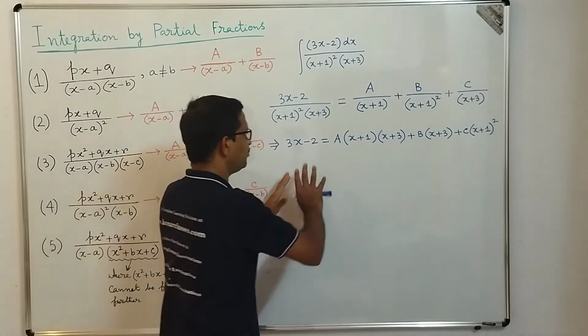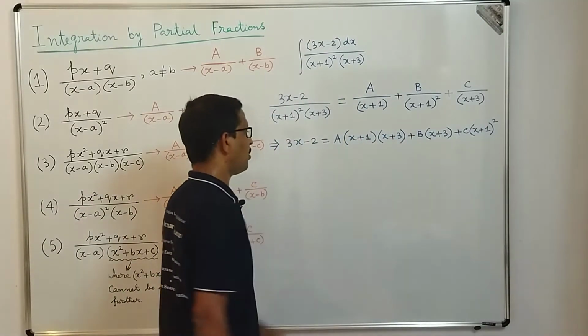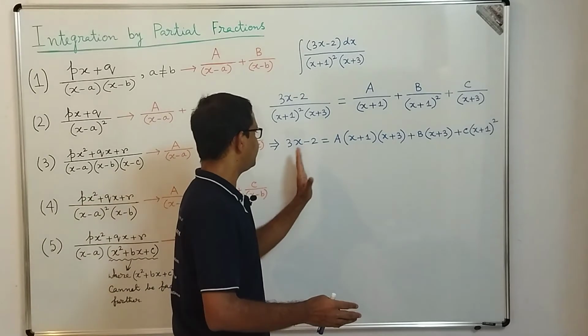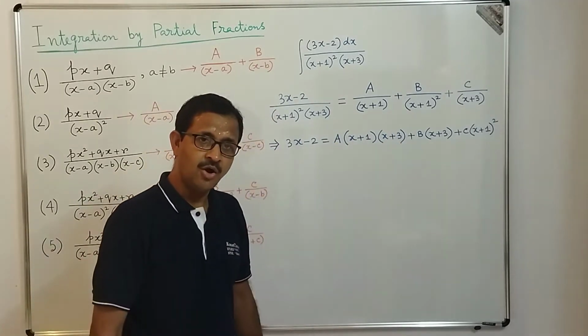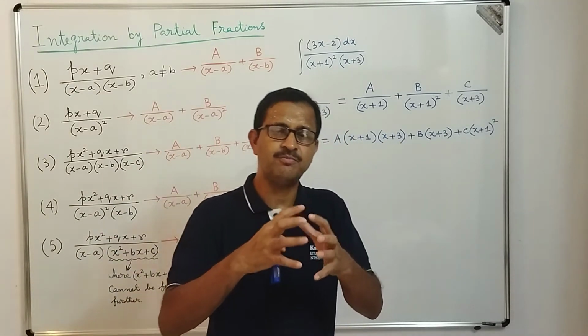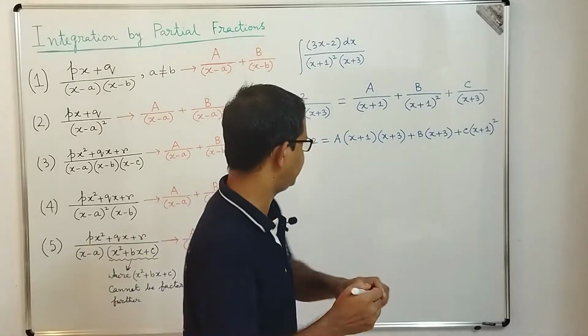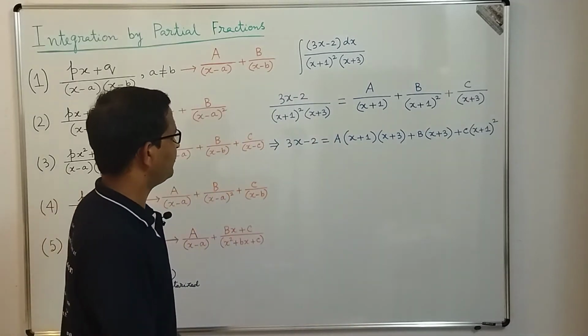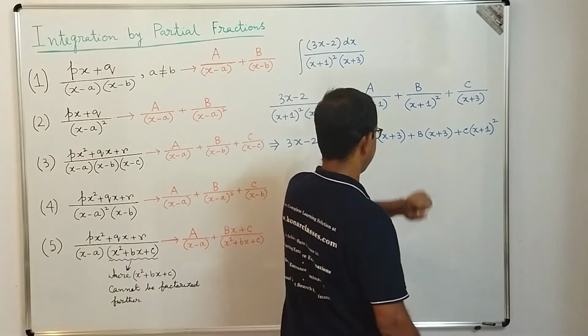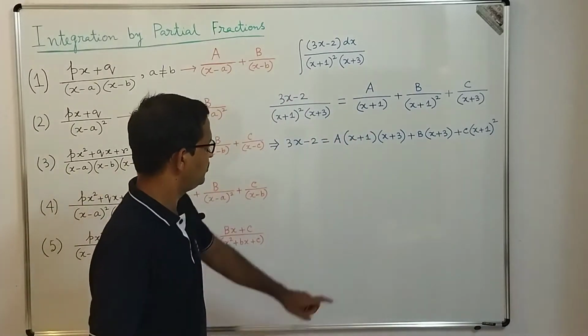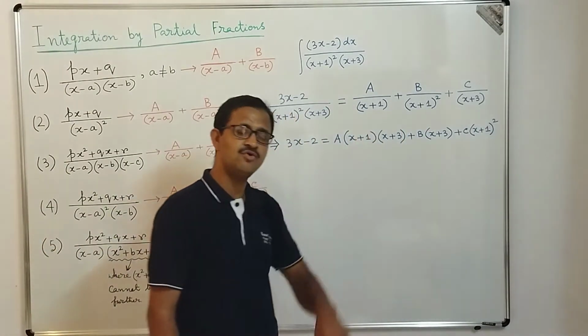And number two is that we can equate the coefficients of like terms in the left hand side and right hand side, or we can use a mixture of both these methods. Okay, so let's see. Suppose we want to find the value of b first. For that, dear students, we should apply the value of x equal to minus 1.